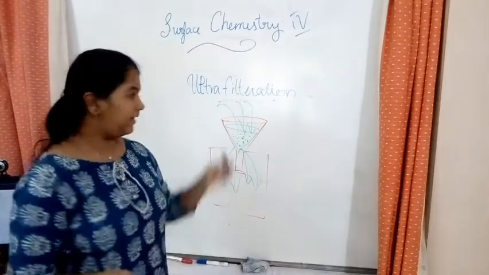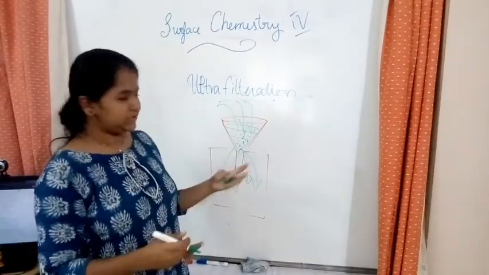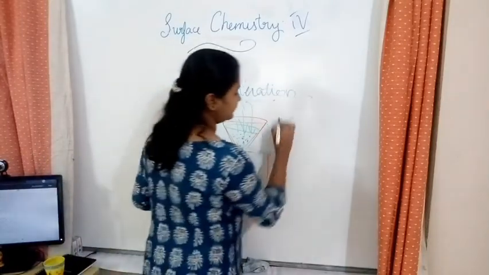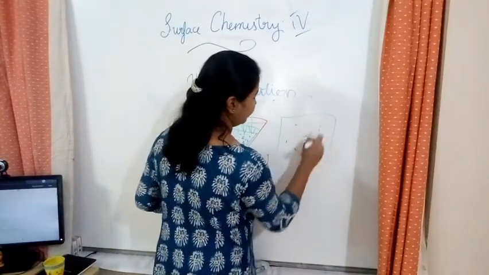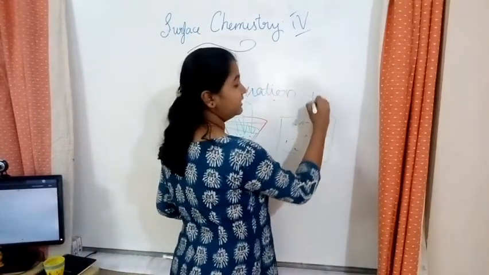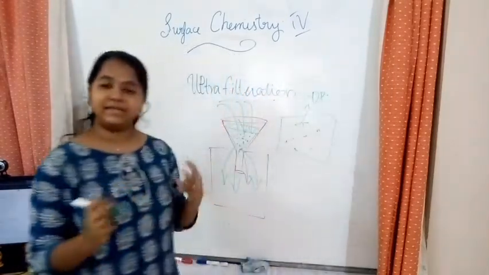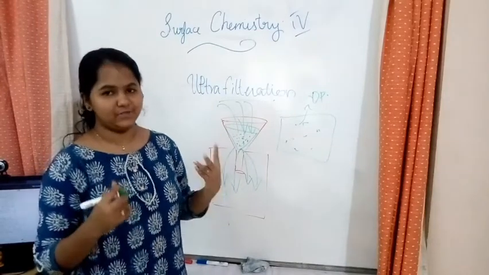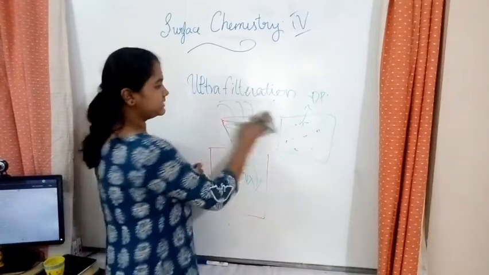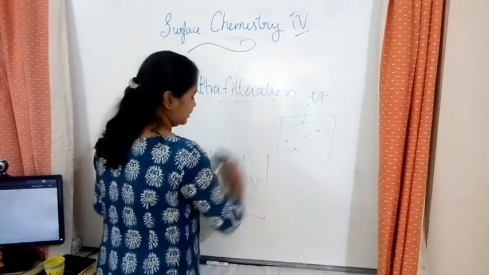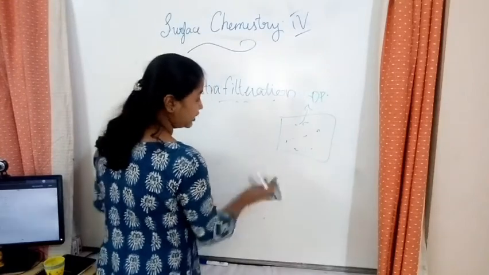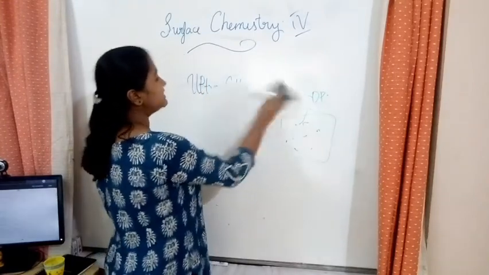After the colloid is fully poured inside, take the filter paper and scratch out the particles. Scratch out the dispersed phase and then mix it with newly prepared dispersion medium. So you have the dispersed phase, and now it's easy: you make a dispersion medium and mix it in. Sorry, you will get the colloid. So, the next method is dialysis.